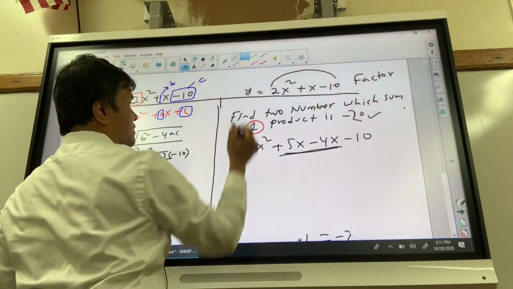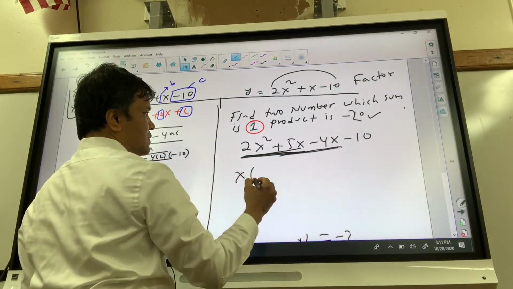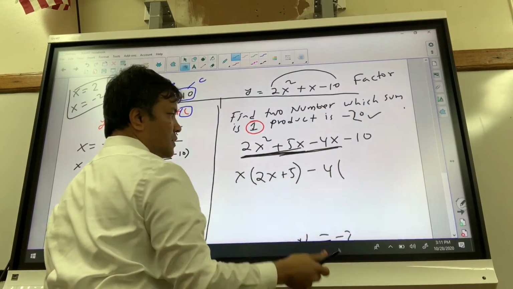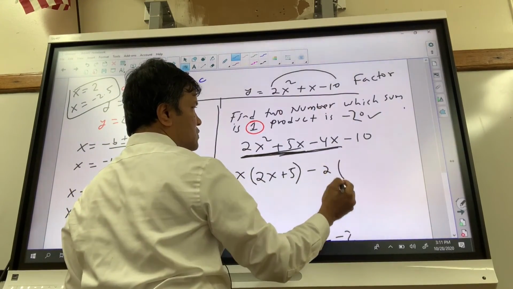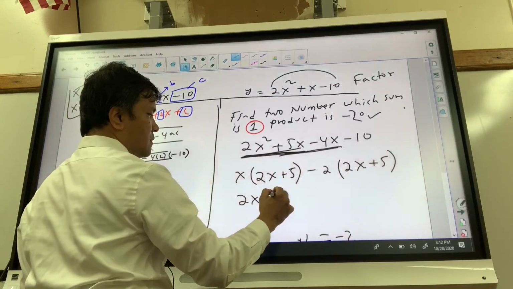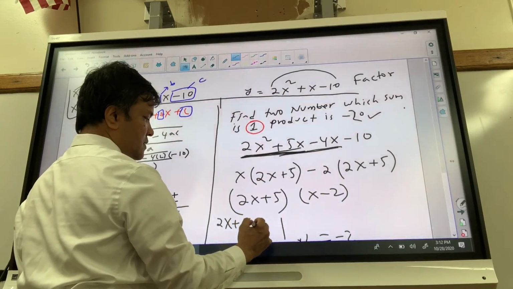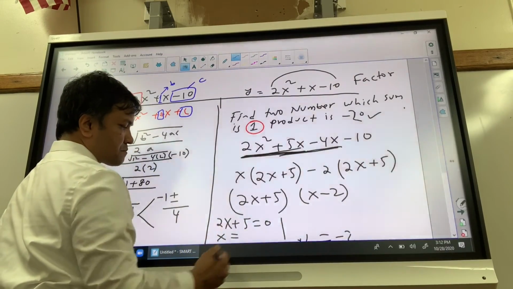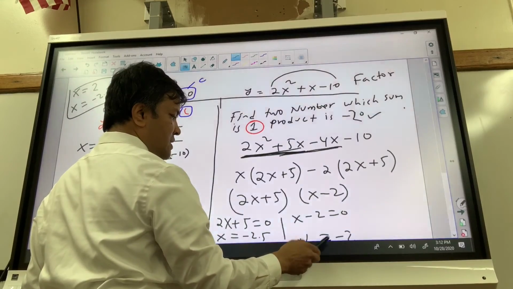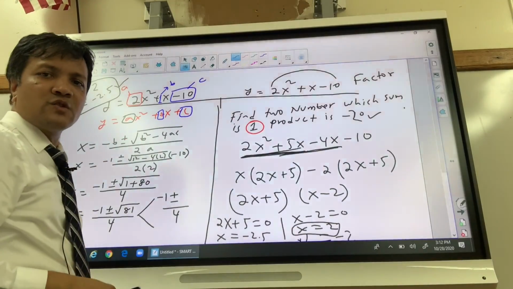Okay. So now we're going to factor. So what is the common factor between these two? X. So 2x plus 5, and minus 4 is not 4, minus 2. So 2x plus 5 and x minus 2. So 2x plus 5 is 0, so x is equal to negative 2.5. X minus 2 is equal to 0, so x is equal to 2. So this matches what we found with the quadratic formula. So you can use the quadratic formula